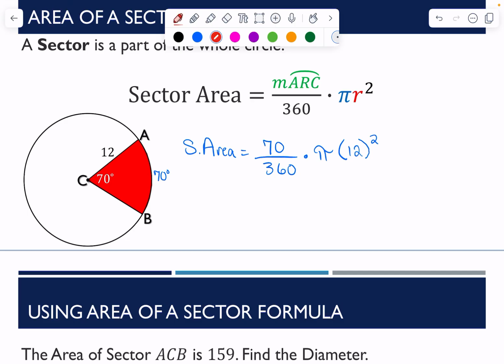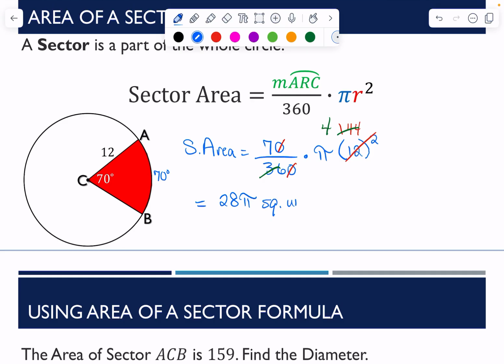Now, I like to simplify as much as I can, so that is 7 over 36. This is going to turn into 144. And 144 can be divided by 36. So 36 goes into 144 4 times. So now my sector's area is 7 times 4, which is 28 pi